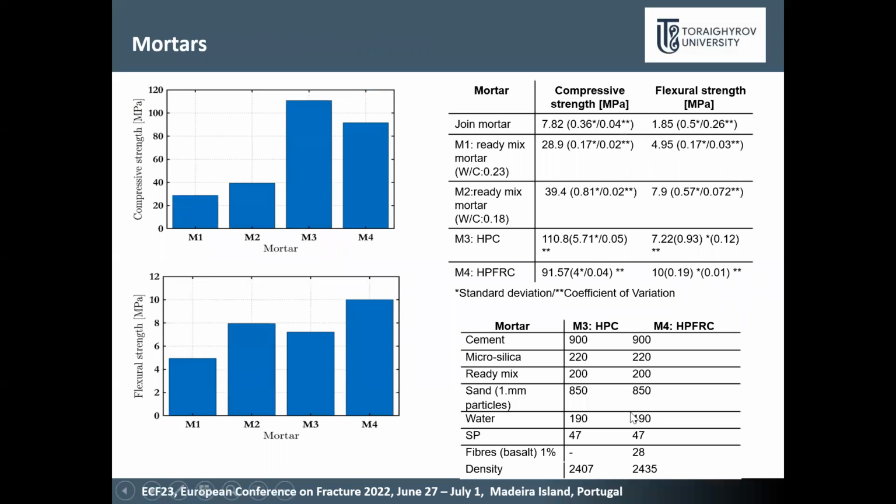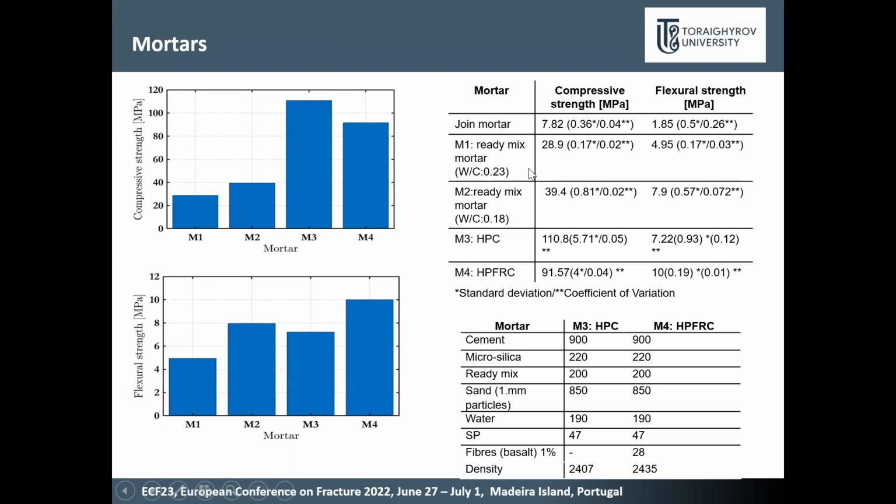On the next slide, I want to talk a little bit about mortar we're using for strengthening. As you can see, we have 4 mortars, M1, M2, M3, M4, and the main difference between mortar M1 and M2 is that it is actually the same mortar as we talked about in the previous slide. And the main difference is just using the water-mortar ratio of 0.23,